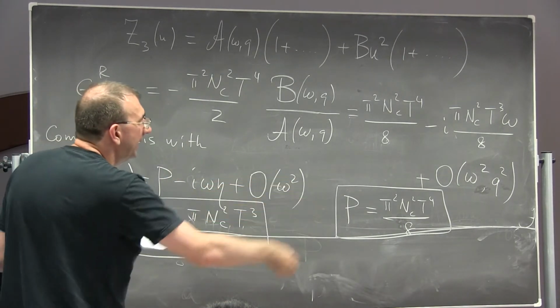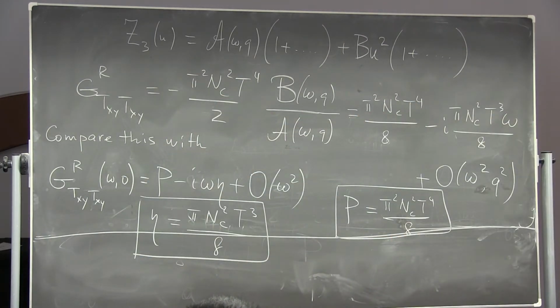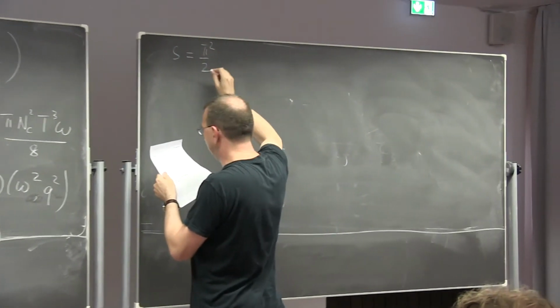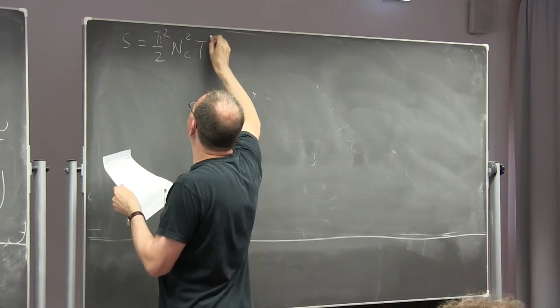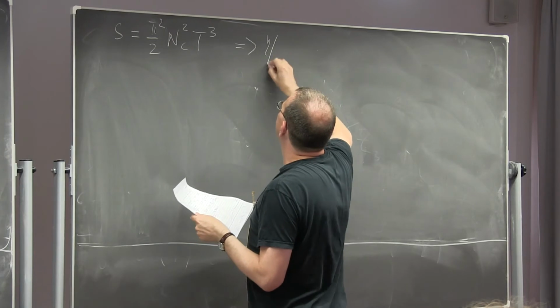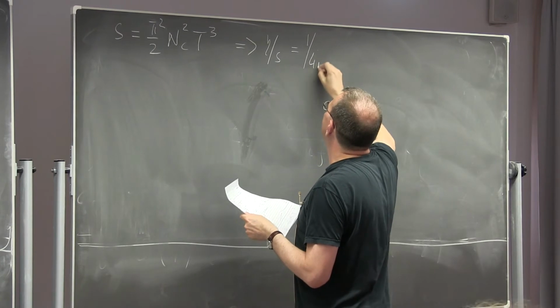Again, in this limit, right? N_c going to infinity and lambda going to infinity. So you remember the expression for the entropy density that we got from the Bekenstein-Hawking formula. And of course, once you know the pressure, you can calculate the entropy from thermodynamics immediately. So you can remember that the entropy density is equal to pi squared over 2 N_c squared T cubed. And therefore, the ratio of shear viscosity to entropy density happens to be equal to 1 divided by 4 pi